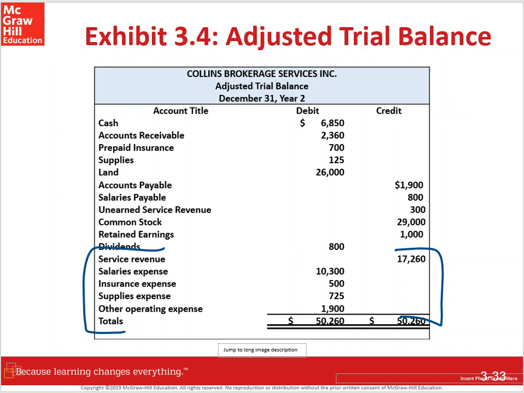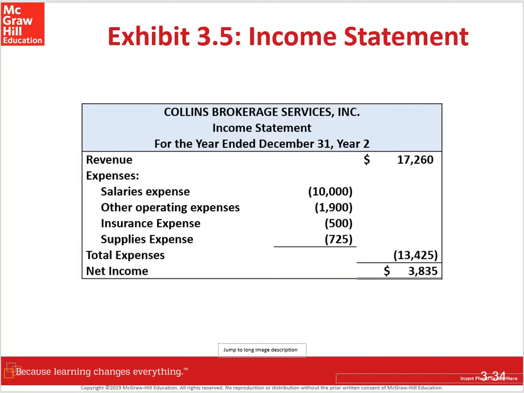And so we see revenue over here as a credit, and then we have all of our expenses right here as debits. And we're going to move right into our income statement. I do want to emphasize that when we have columns on our financial statements, particularly the income statement and the balance sheet, but really any of them, there are no debits and credits in financial statements. So we could have done this whole income statement in one column. This is not showing credit of